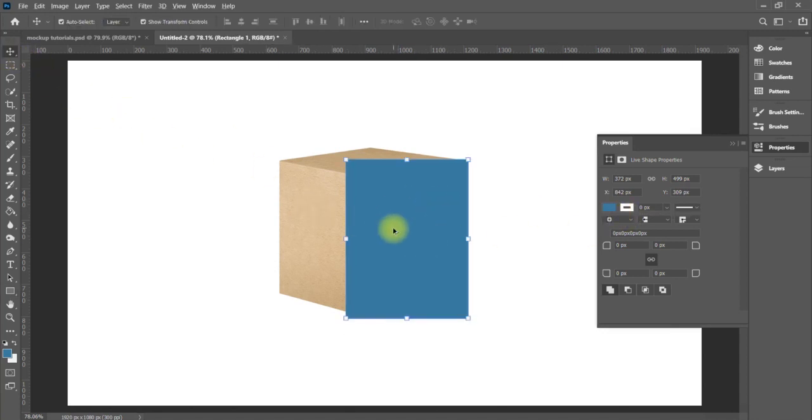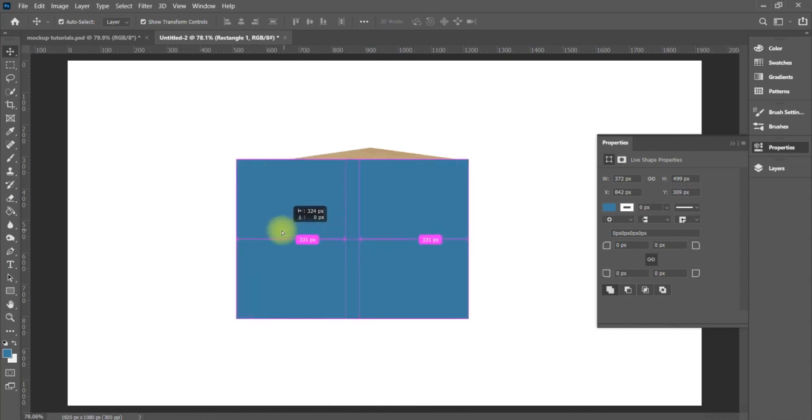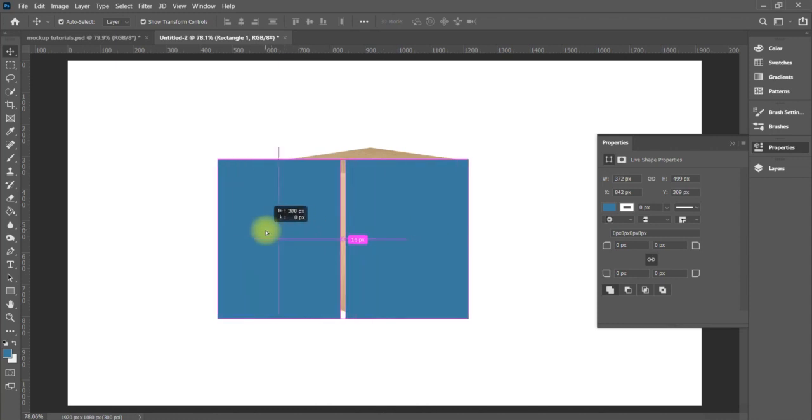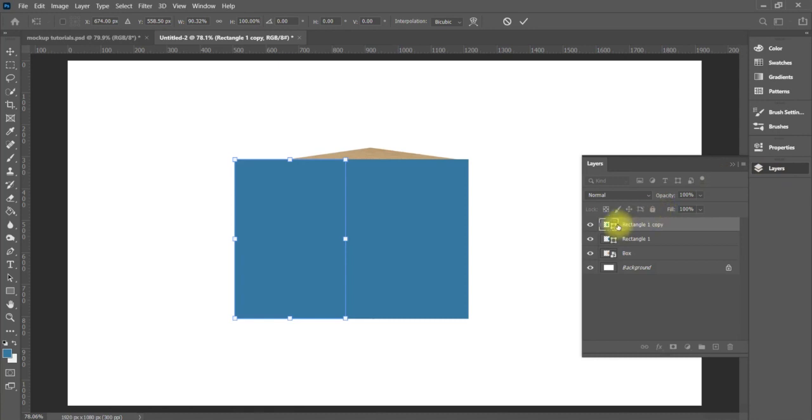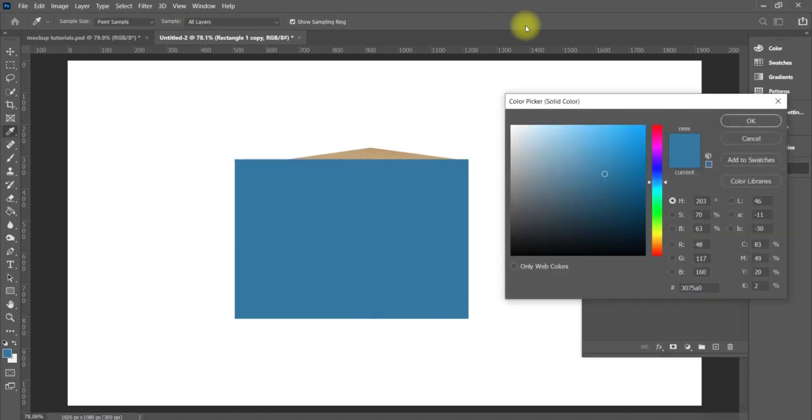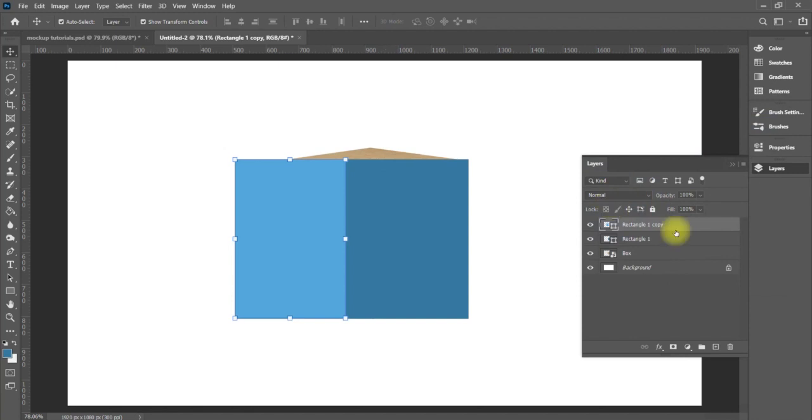Then we're going to duplicate it, Alt Shift and move it left. Okay, this side will be a little smaller than the front side. Make it resize. Okay, we'll change this side color a little bit lighter to make a difference,